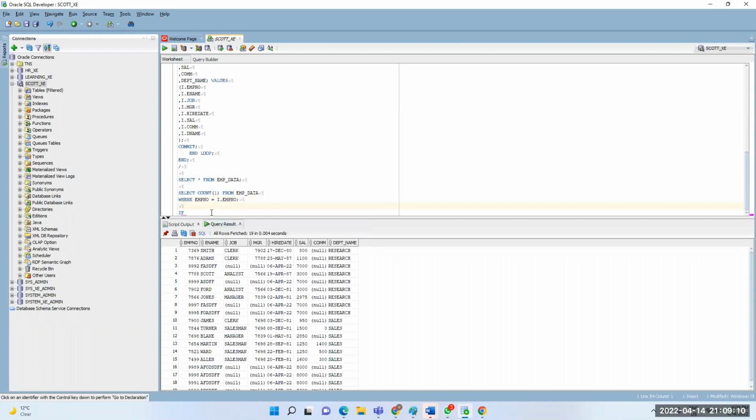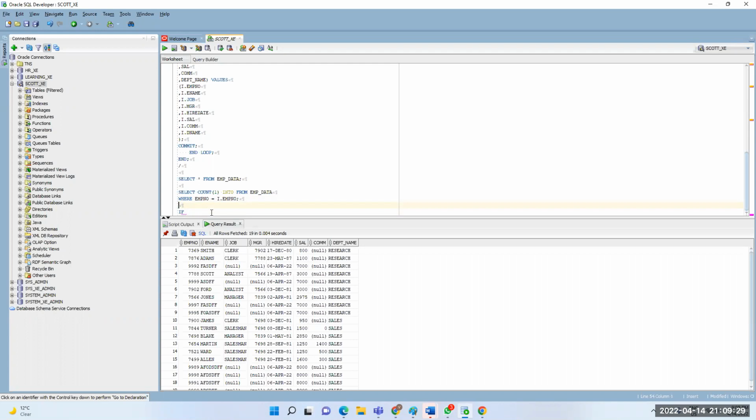When it matches, for example, this value will be stored into a variable.